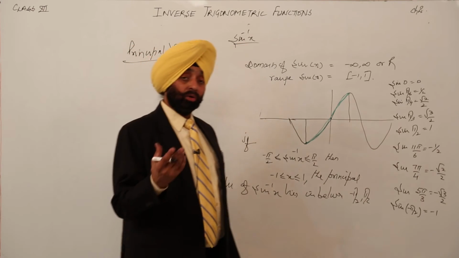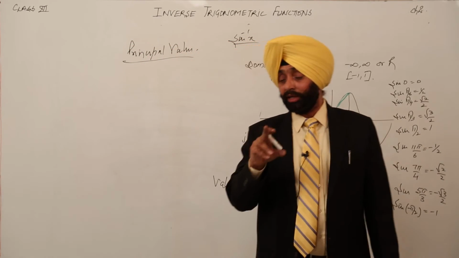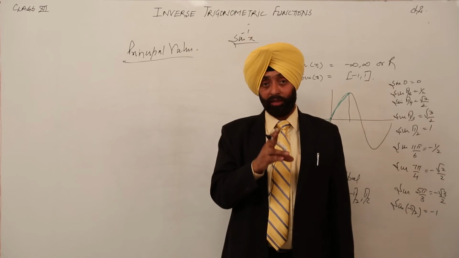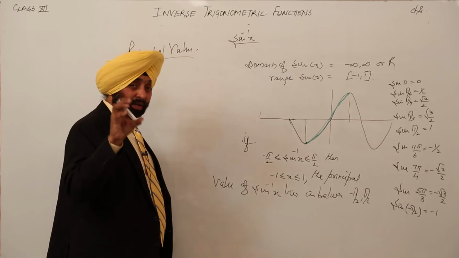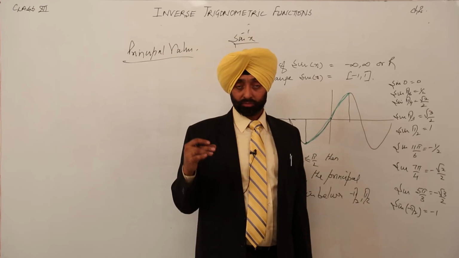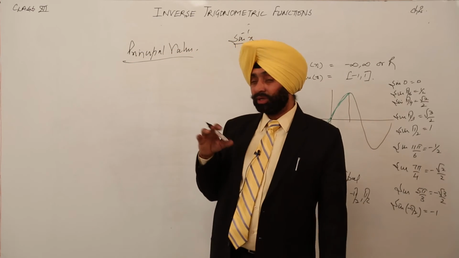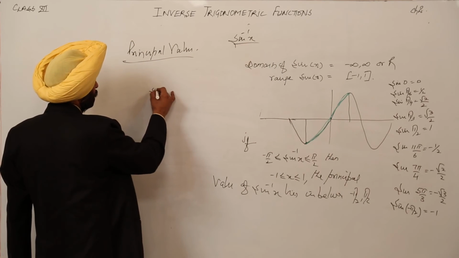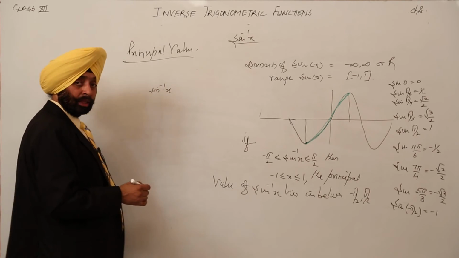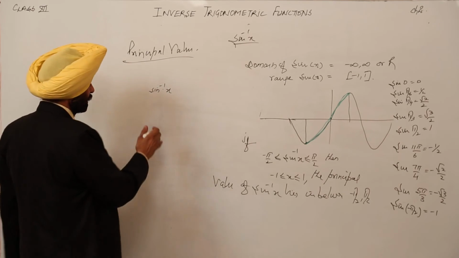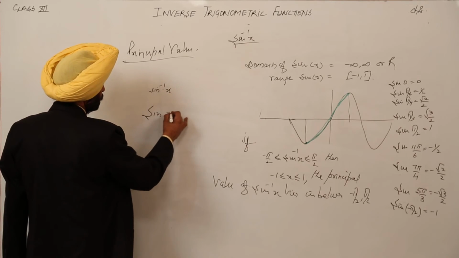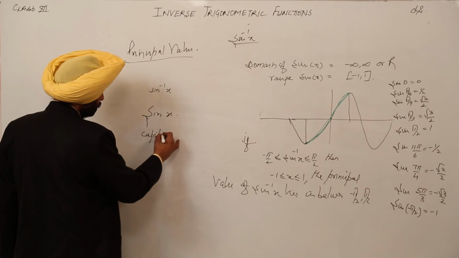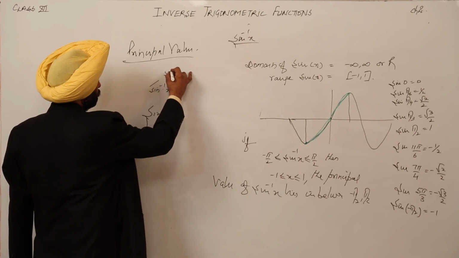Okay, this was all. Now we are going to restrict the domain and range of every function to get it in the inverse form. And one very important thing, we are missing all these things in the written part. We are a little bit careless. Just look here. You are having sine inverse x. Here this s is small s, and we are having Sine x, and this S is capital. Okay, this x is capital and this x is small.